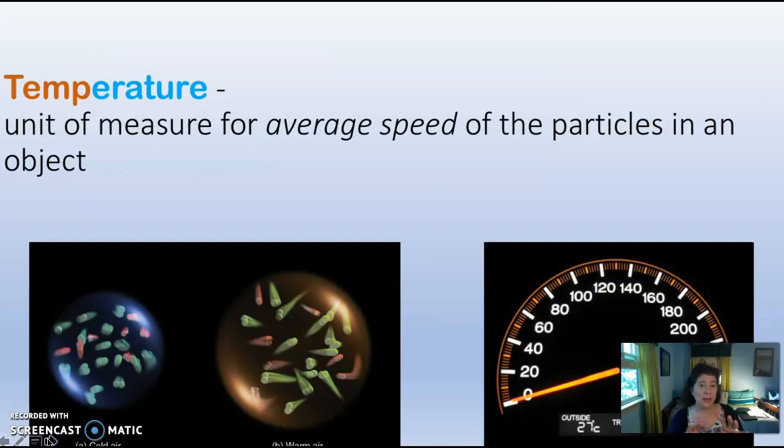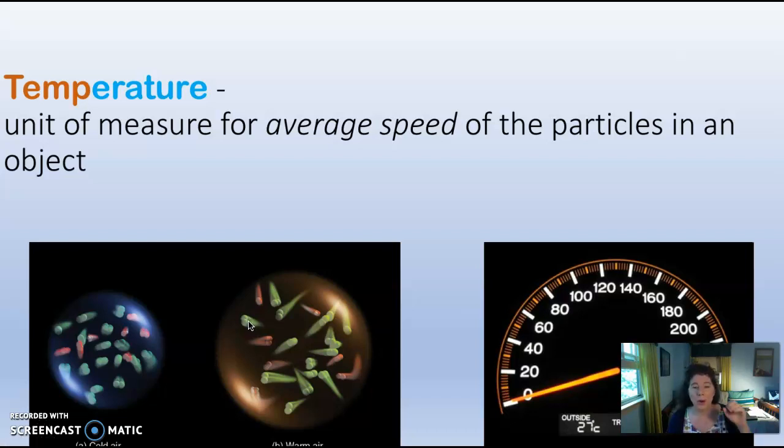So just to give you an aside, inside my monitor, there are plenty of molecules, silicone molecules, plastic molecules, carbon molecules. They are all moving at any time. They could be moving slowly if they're in a cold room. They could be moving quite quickly if they're in a warm room. So temperature is a unit of measure for the average speed of particles in an